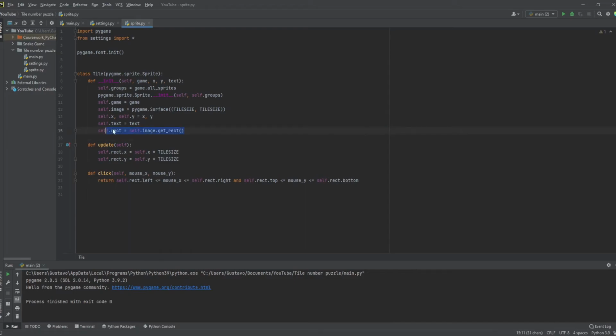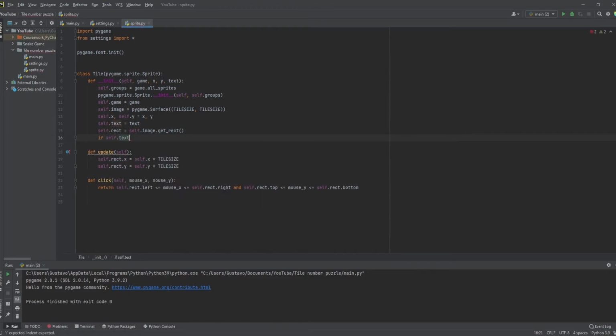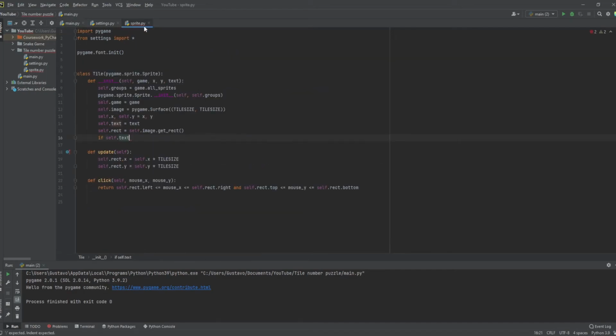In here, just after we get the rectangle, we have to check whether the text that we're passing is empty. So in here, when we create this object, we're passing a text, which is going to be every number from 1 to 8. If it's empty, then we're going to pass empty. So if it is empty, we don't draw any tile on it. We just draw a blank tile, basically, with the same color as the background. But if there's a number on it, then we have to actually draw a white tile with the number in